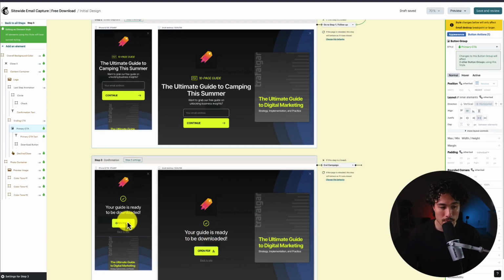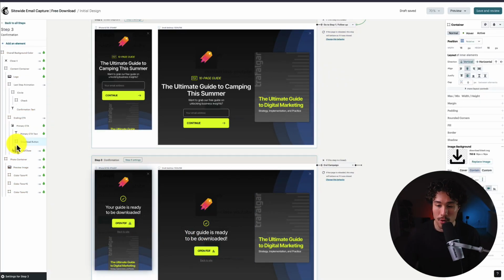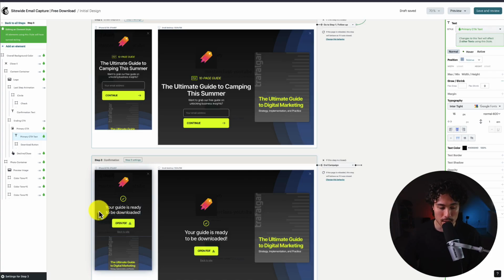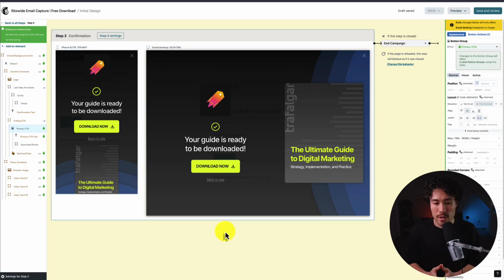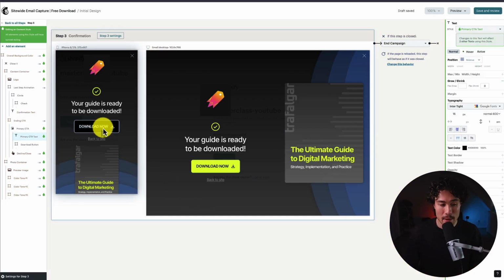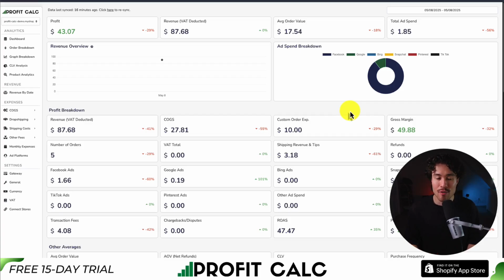If I click on open PDF here, we can see there is a download button. We can customize the text here as well, such as download now. What we'll also need to make sure we do is set the actual link. So if I click on the primary CTA,